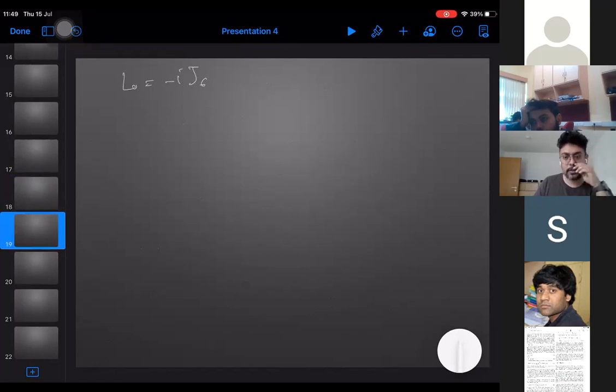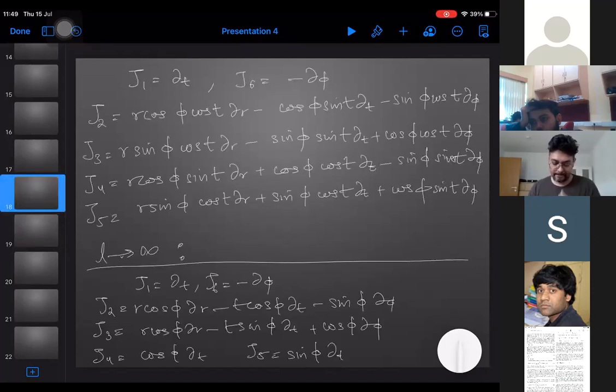Sorry, how did you get the second from the first? Is it obvious? I'm not able to see it. You're taking L going to infinity. How did you get the second one? Let's say J2. So as you can see from this, if you take L tends to infinity, your t goes to 0. I see. Okay. Sorry, because your t is tau by L. Yeah, I get it. Thanks.